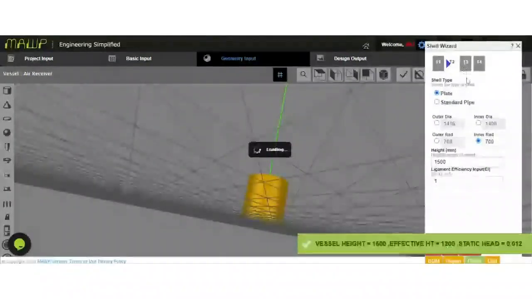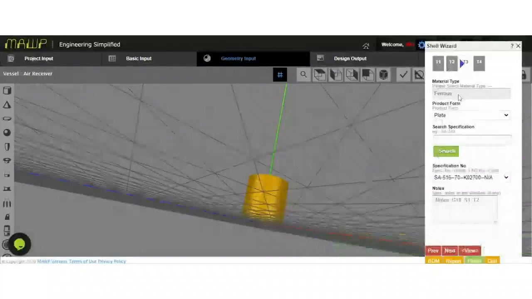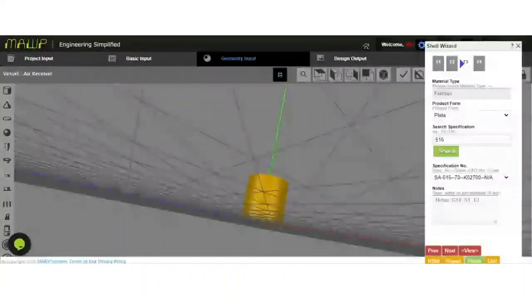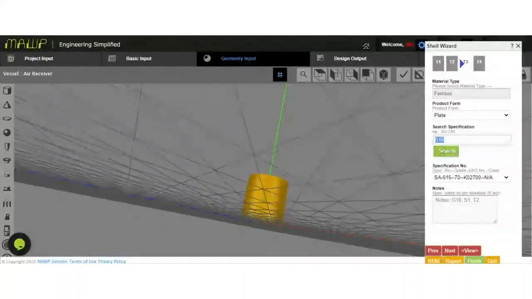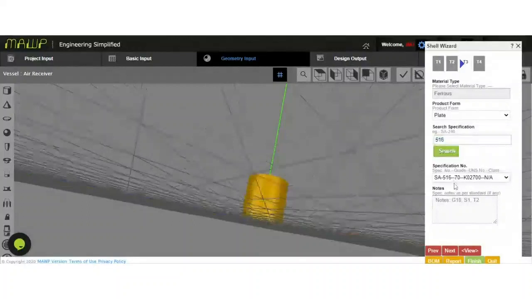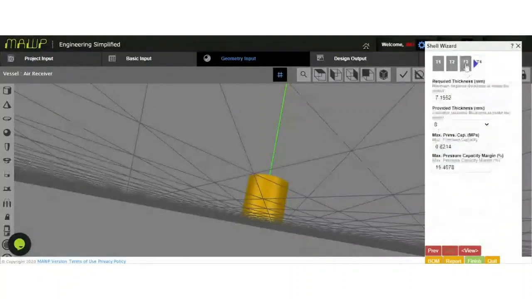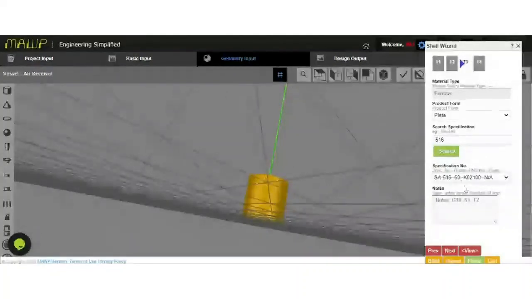Being very user friendly, it shows you all the changes made to the shell, and you can select the type of material which is required for the project. There are a number of materials. If you have a specific grade code, you can type it in the tab and search for it. You'll get the number of materials under the specification number. So once you get it, you can see in the tab the grades under the specification number. The search is limited because you have entered the specific grade number.